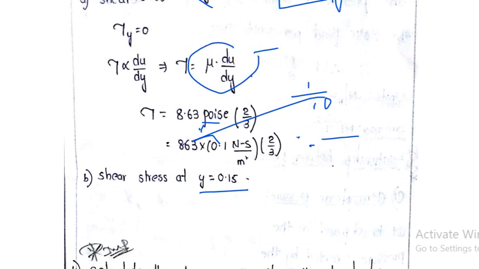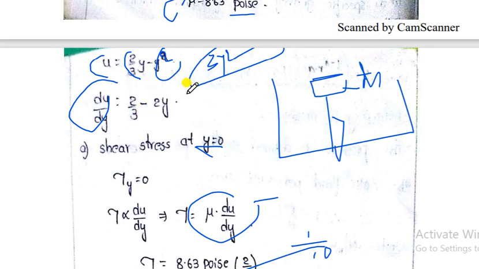Here if you substitute the y value, then du by dy comes 2 by 3 minus 2 into 1.5, then the velocity gradient will be found, then again put in the formula and we need to solve. So no need to worry, आपको टेंशन करने की कोई ज़रूरत नहीं। अगर y का वैल्यू जितना भी दिया है, देन फर्स्ट क्या करना, वेलोसिटी ग्रेडियंट निकाल लेना। फर्स्ट नीड टू फाइंड द वेलोसिटी ग्रेडियंट, देन उसमें y का वैल्यू सब्सटीट्यूट कर देना,